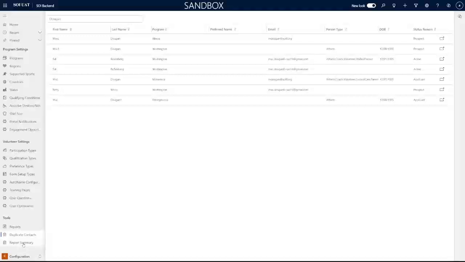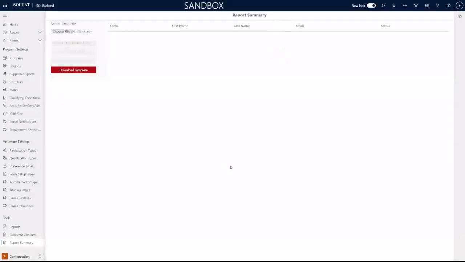And our last tab here is report summary. There's definitely a need for having the ability to export data from Dynamics and then import it into another system. I think a good example of this is needing the ability to,